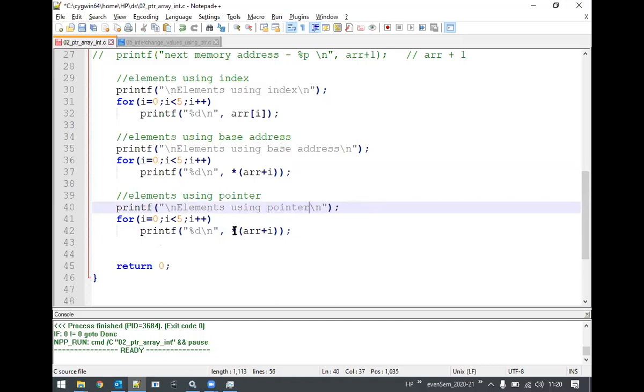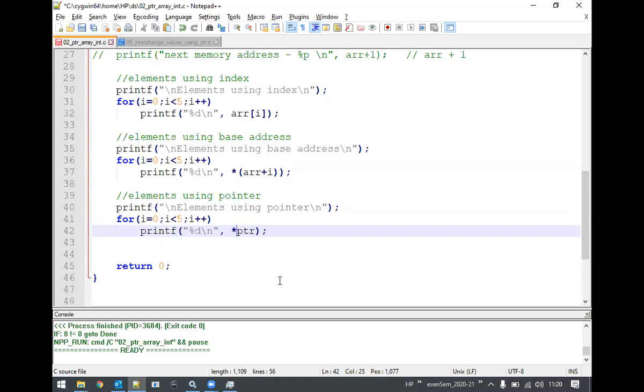Now I need to make certain changes. I need to access it by using the pointer, so I will write PTR. Since it is a pointer, I can get a value just by placing an asterisk here.